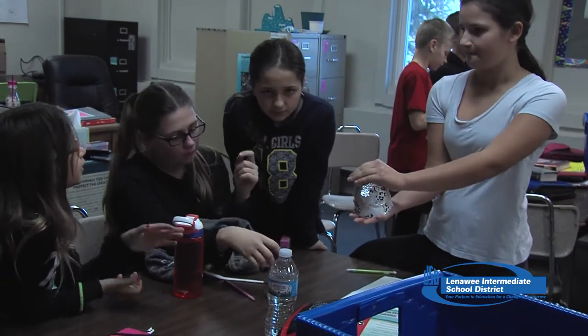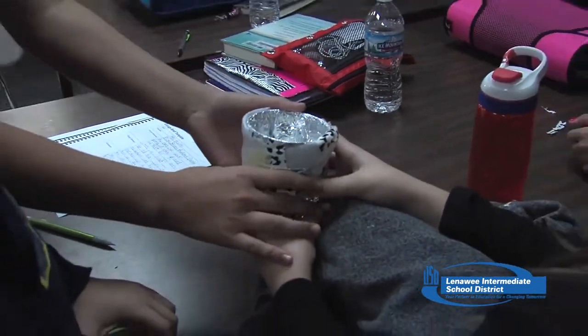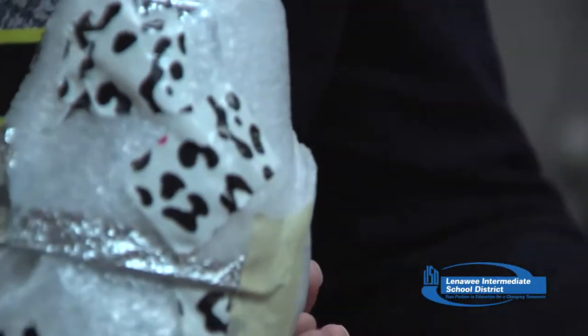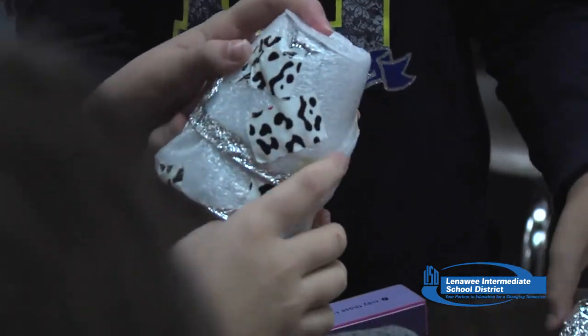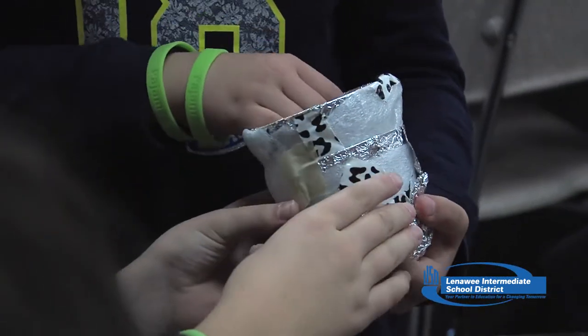Before they began the project, we had a lab day where they were familiarized with different materials and the ideas of insulators versus conductors. So for instance, they worked with plastics, with metals. They used an example of a home under heat lamps to see how convection currents work. So the bottom of the house was at a cooler temperature than the top of the house. And they used all of these principles in their design to reflect those ideas and to create a better understanding